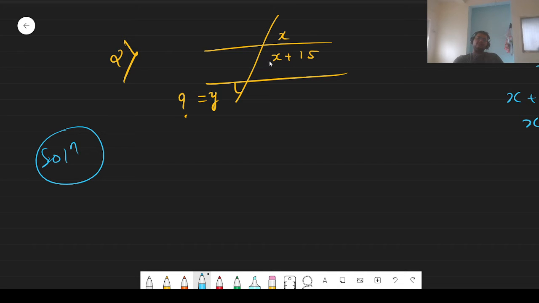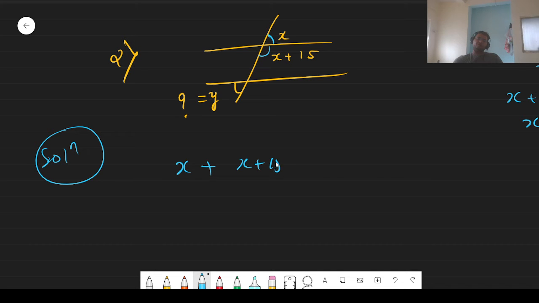If you look with an eagle's eye, you can see that this angle and this angle are both supplementary angles. Why? Because they are formed by a line intersecting another line, and they are adjacent. Fine. So I can write